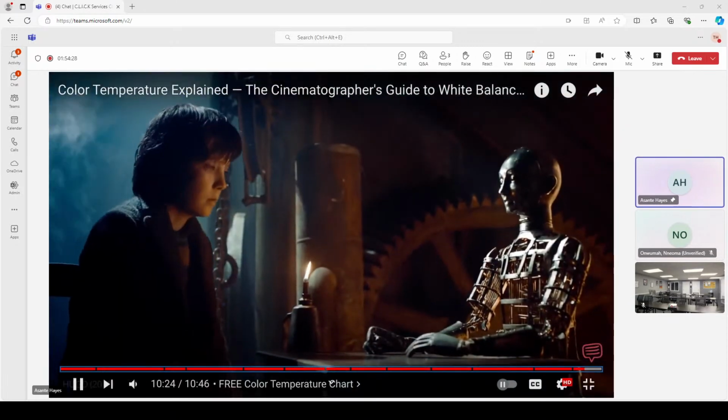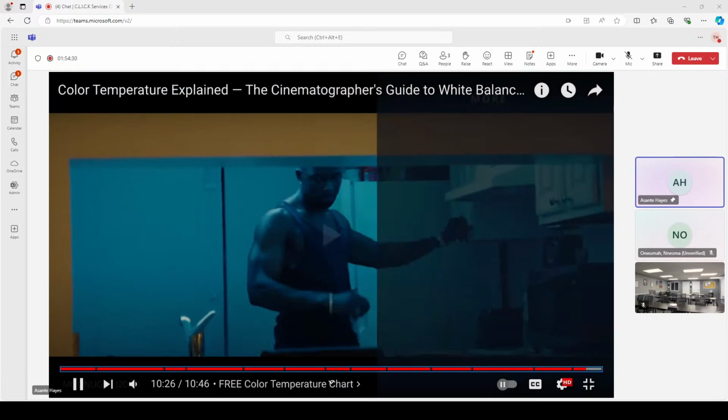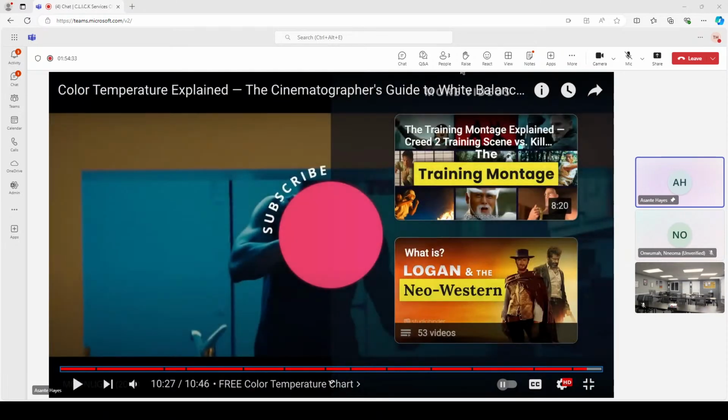They might have achieved that look using color temperature. But this was the